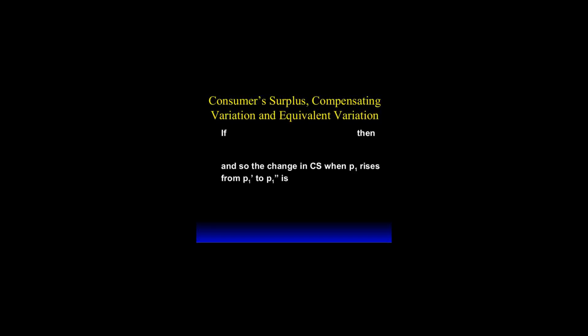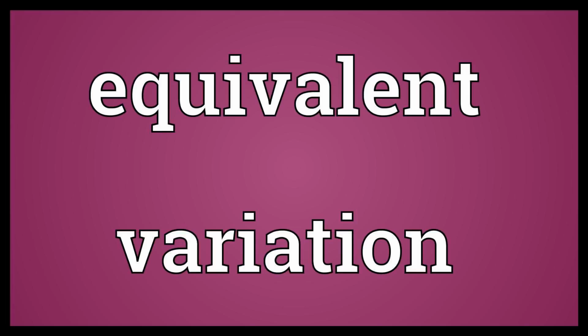Compensating variation is the metric behind Kaldor-Hicks efficiency. If the winners from a particular policy change can compensate the losers, it is Kaldor-Hicks efficient, even if the compensation is not made. Equivalent variation, EV, is a closely related measure that uses old prices and the new utility level. It measures the amount of money a consumer would pay to avoid a price change